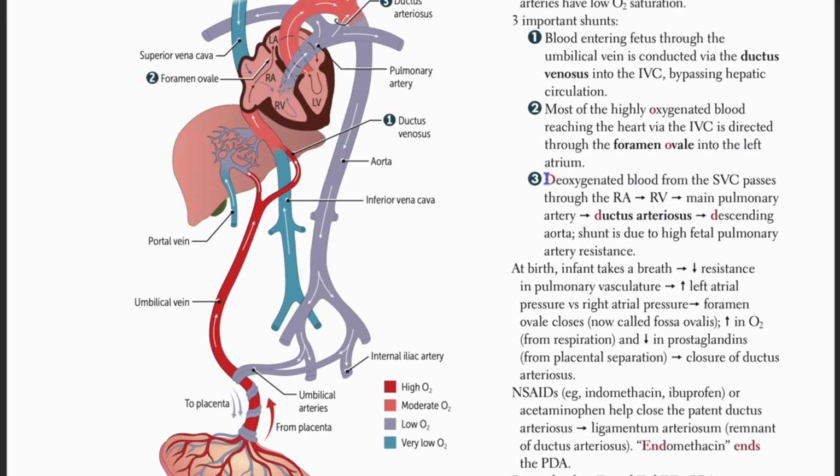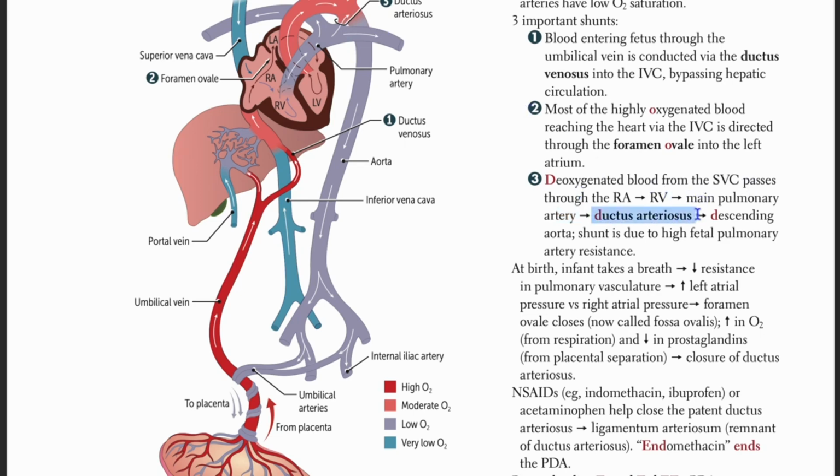We have deoxygenated blood from the superior vena cava, passes through the right atrium, goes to the right ventricle, and goes to the main pulmonary artery, right? And so why is this not stagnant? I said that there's resistance in the lungs and everywhere. So what happens to the blood that goes through this? If the blood doesn't keep moving, it's going to clot, right? So what happens is there is a bypass over here going from the pulmonary artery straight into the aorta, right? So that bypass is called